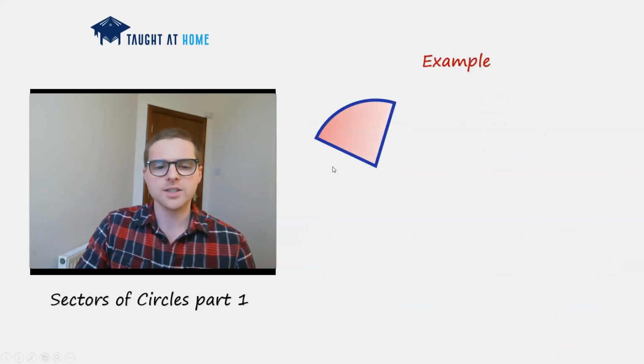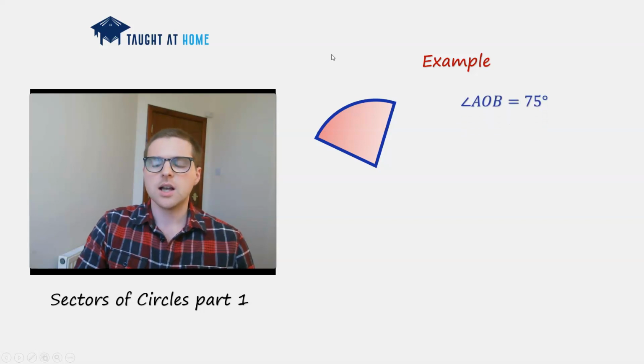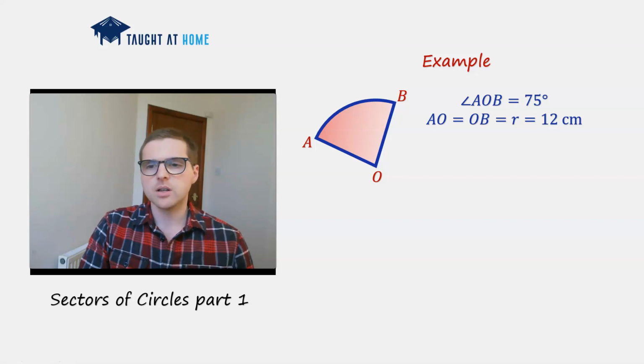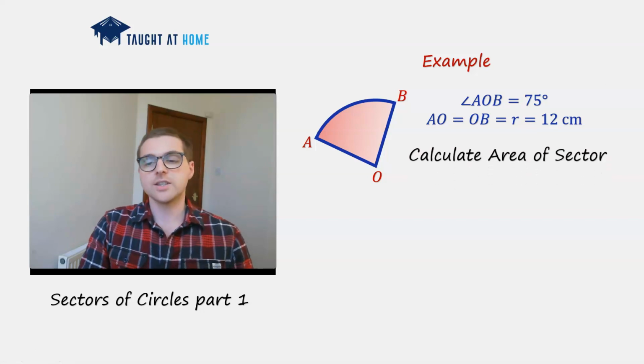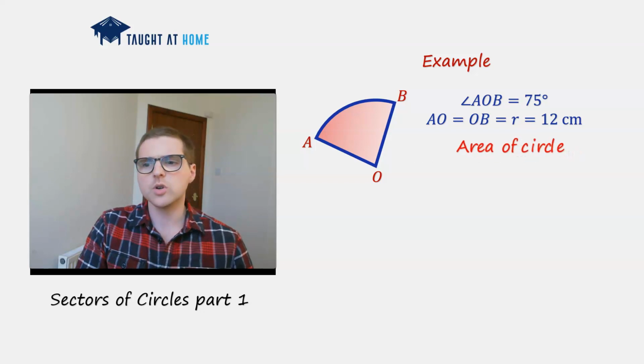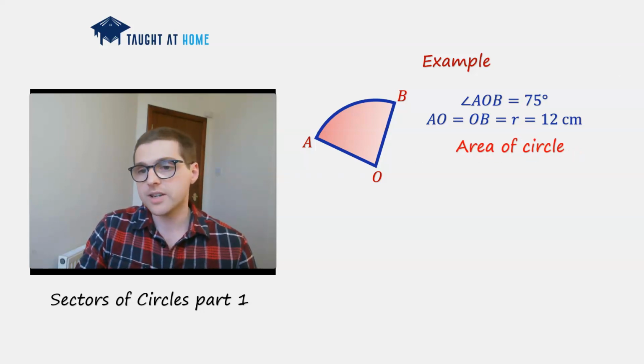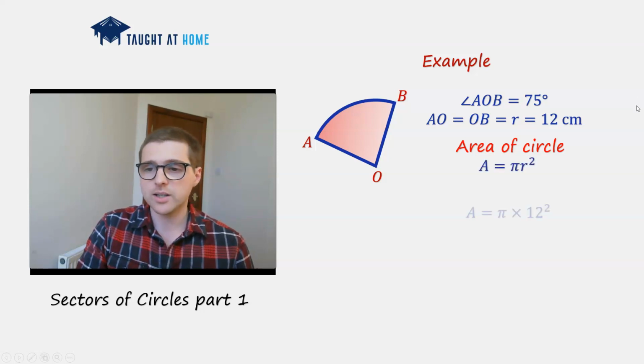Now we're given a sector here, and we're told a few parameters for it. So we've got A, B, and we've got O, and we're told that the angle AOB, so the angle here, is 75 degrees, and we're given the radius as 12 centimeters. So let's calculate the area of the sector. Well, first of all, what's the area of the circle that this sector would belong to? Well, we're given the radius, so we can calculate the area as pi r squared, which is pi times 12 squared, which is